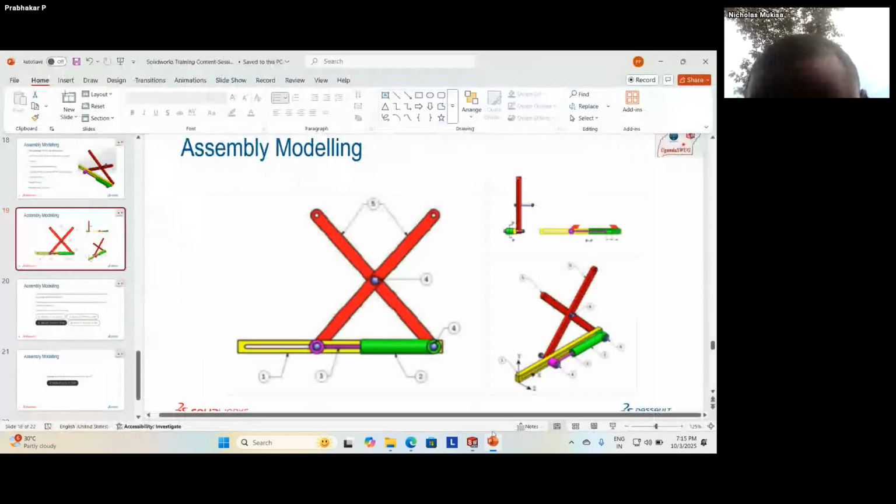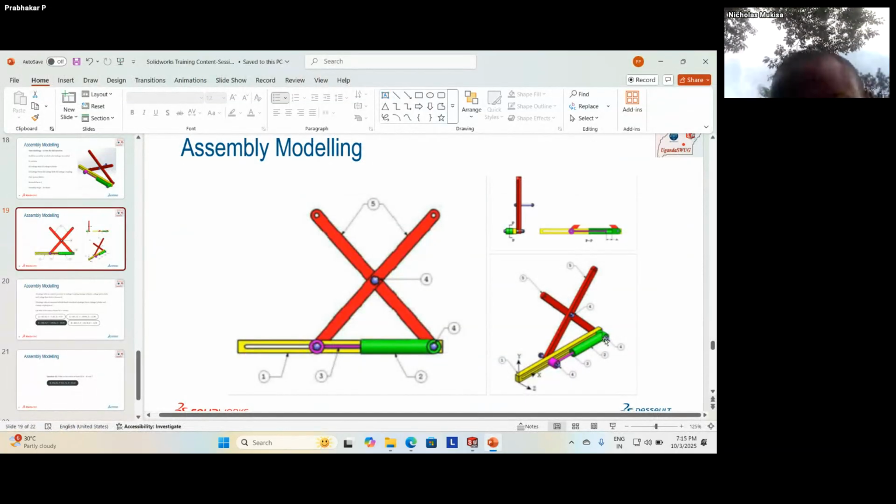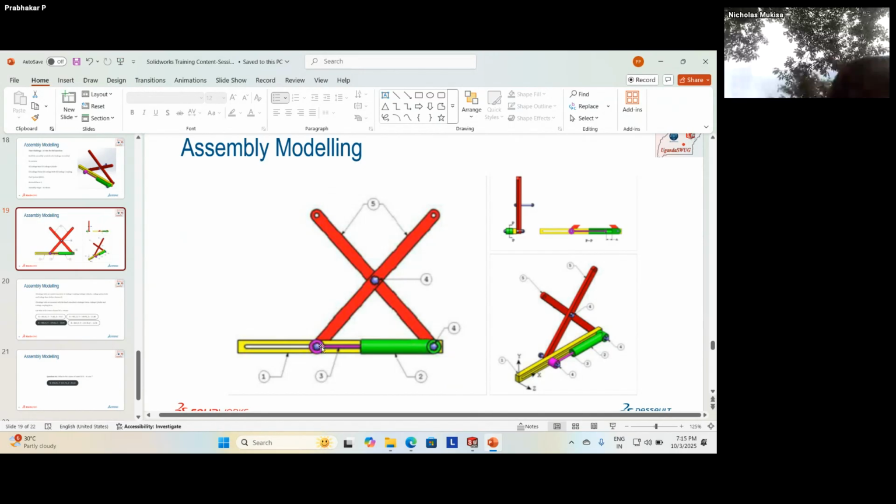That's how it has been assembled, right? You can see here, this and this are concentric with this. Here you can see both of these are concentric, and here also it's concentric. Then it is projecting from this side, this face and this face are touching. Here also, this face is touching and projecting towards the back side.